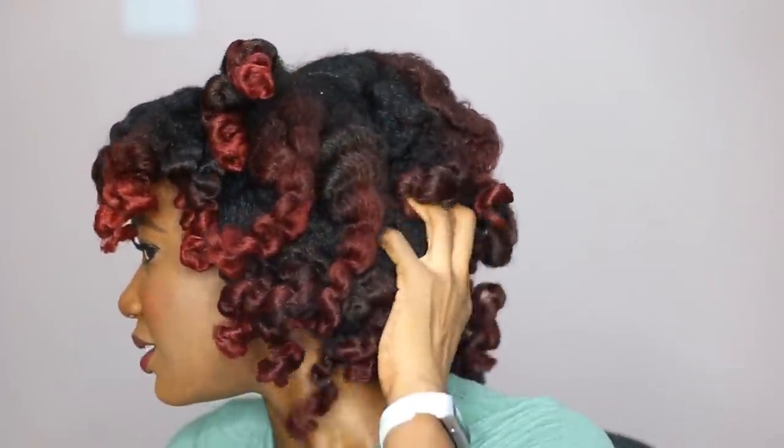Okay. So I don't usually like mixing my curl patterns. You know what I mean? Like doing a twist and a bantu knot. It's like, it's two different curl patterns and you're mixing them. I don't usually like that. Except that one time. But